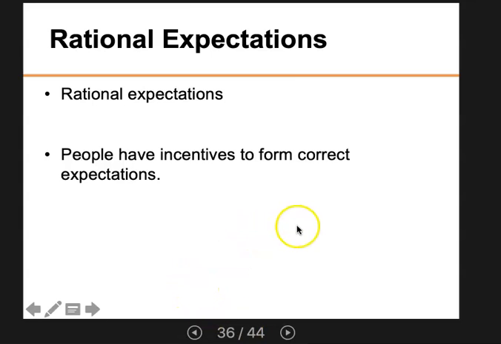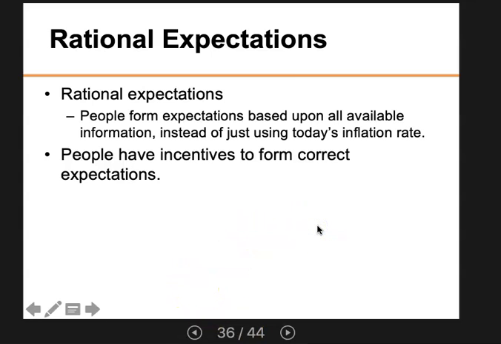So the rational expectation, again, people form expectations based upon all available information instead of just using whatever happened to the inflation rate today. So people, like I said, have incentives to form correct expectations because the errors that you expected wrong can be very harmful. The central bank